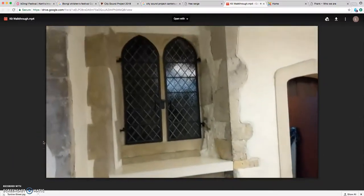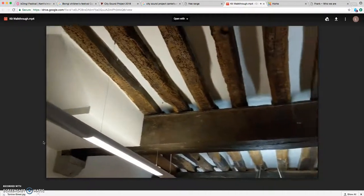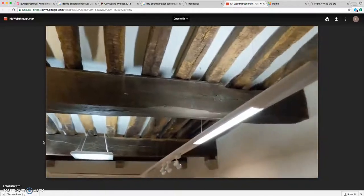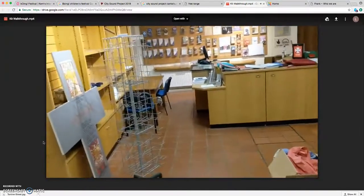Okay, so this is the Marlowe Kit. They've done a kit walkthrough, so you can see the building's really old. It must be something like 16th century originally. One of the tricky things about this building is the fact that it used to be the Canterbury Museum, so